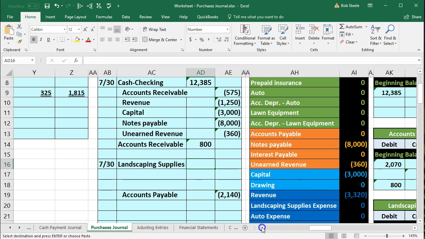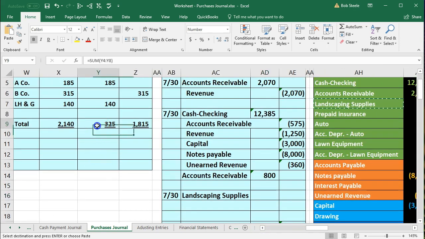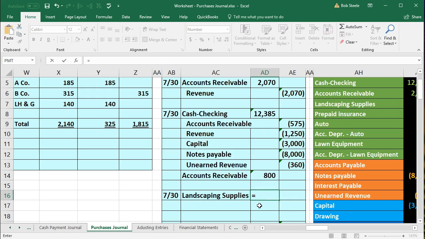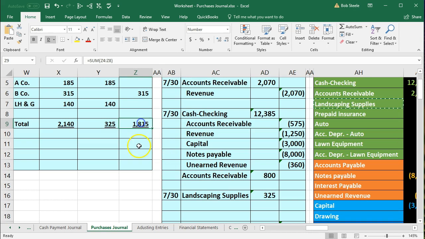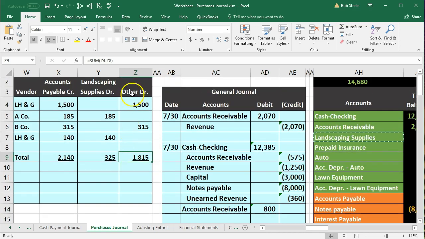We're going to scroll back over here and pull the number over. We want that 325 to be a positive or debit this time. So in cell AD16, we're going to pull over that 325 with a formula saying equals, and then just pointing to that 325 and then enter. That should pull that over. So here's our debit so far. Here's our credit. Now, we only have one more number in the totals column, but it's in that others area,